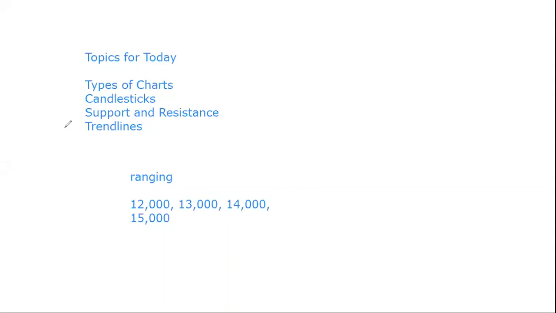Types of charts, candlesticks, support and resistance, and trend lines. So from now, most of you can decide to open a demo trading account. After this course, go to www.tradingview.com and create an account with them. From next week, Monday, we will start demo trading, where I'll be sending you trades to actually take,